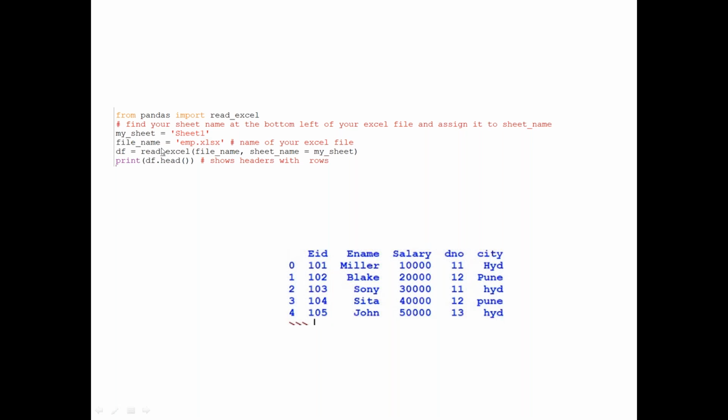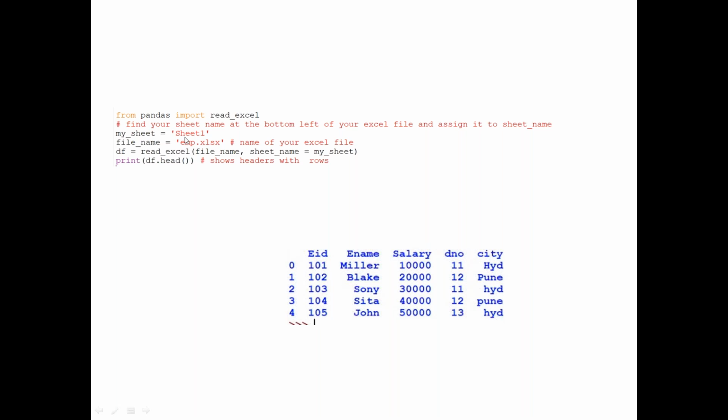I want to read the data and store it into a variable called df. So the data available in employee sheet 1 is now available in df. When you say print df.head, df is where I store my data, and dot head makes the system show the top 5 rows. You can see the top 5 rows here.